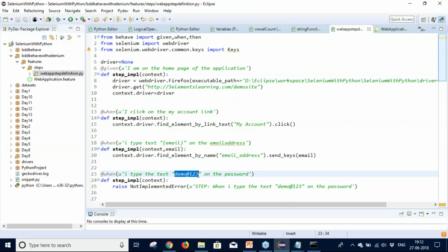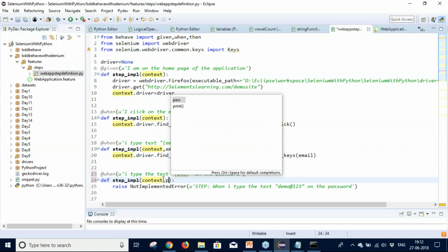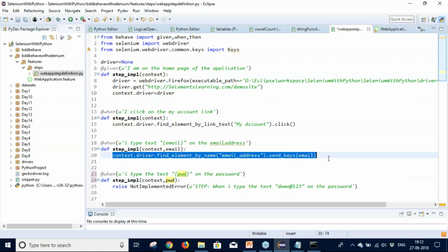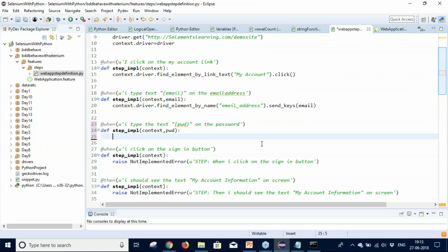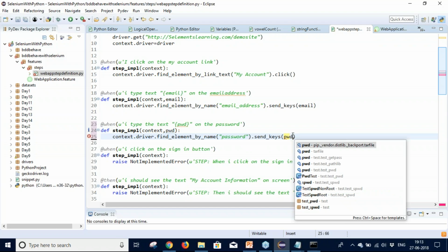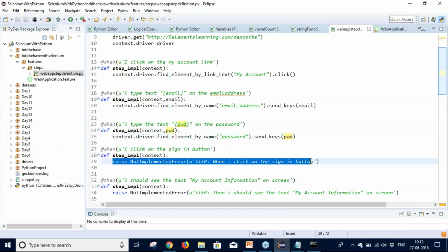Similarly, you can do so for password. Then for the sign in button,